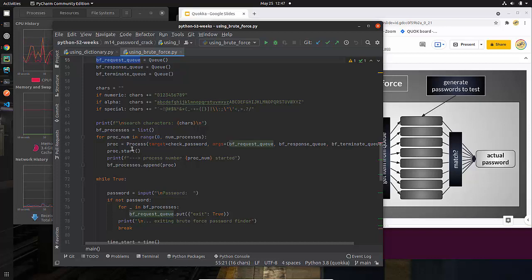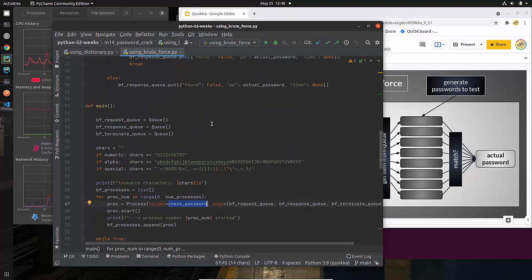Here we're creating a process and we're starting it. We're passing in the target and we specify the function that is going to be used for this process. It's the function that's going to get run for this process. And these are the arguments that we're going to pass to it: the brute force request queue, response queue, and terminate queue.